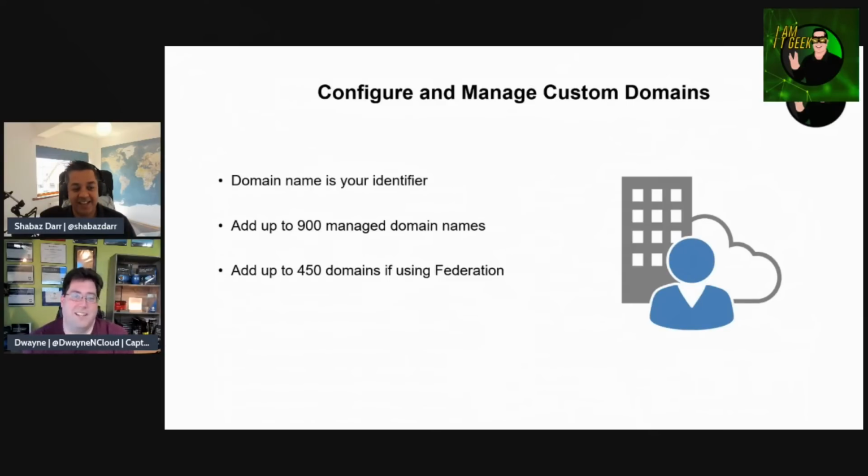I can't imagine that. I work for a company that has over 100,000 people. I know we have a lot of domains, but I can't imagine that we approach 900 or 450 federated domains. I'd like to understand how they came up with that number. There must be a reason. Like, okay, you know what? We had someone hit 400, let's put it up to 450. There's probably companies like General Motors and some of those Fortune 100 companies that might get to that. Like I said, my company's done a lot of acquisitions, so maybe there's a lot of federated domains that we have, but